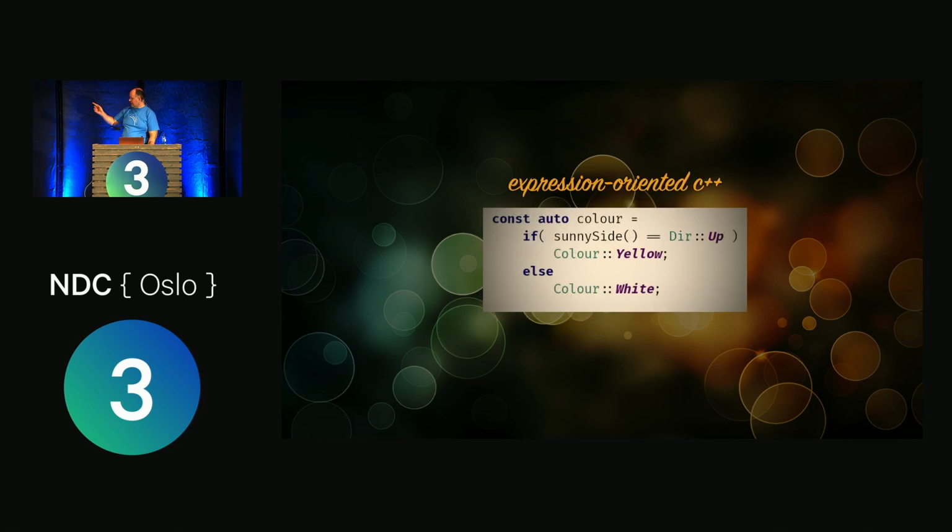So I did propose if C++ was more like a functional language, you could do something like this, where you treat the if statement as an expression. Of course, you can use a ternary operator in this case. Most languages have that as well, but it doesn't scale very well. In the other talk I've done, I've shown how you can fake it by using an immediately invoked lambda expression. So you wrap the statements up in a lambda, immediately invoke it, and it effectively converts it into an expression. Really useful technique for getting back local reasoning.